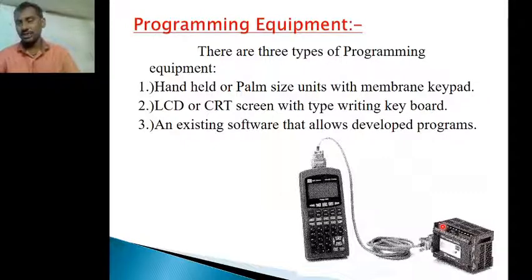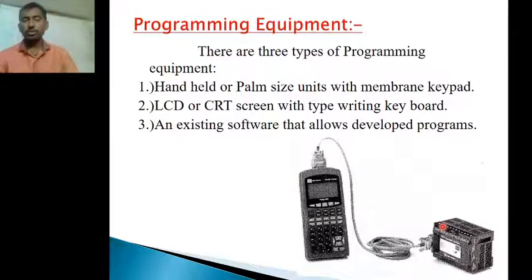In the PLC software we already have some existing programs. If you go to file and open, so many existing programs are there. We can simply choose an existing program, and if you run it, the program will be executed. This is also one of the programming equipments we consider.